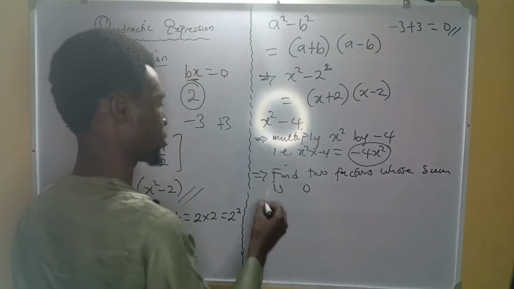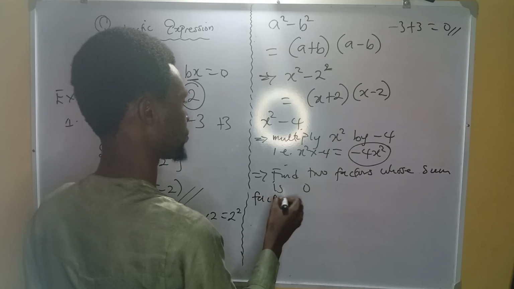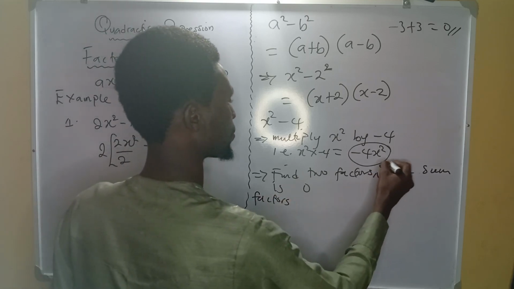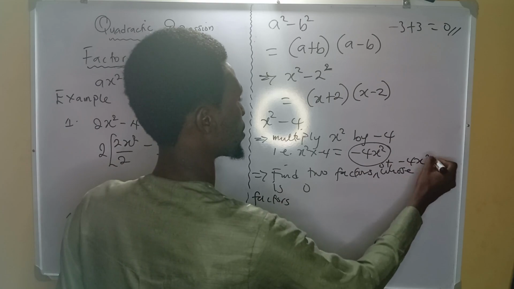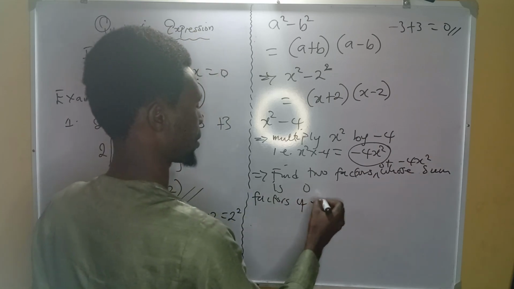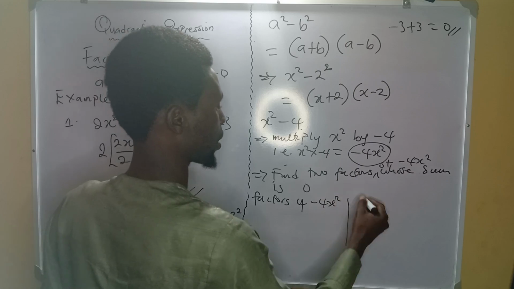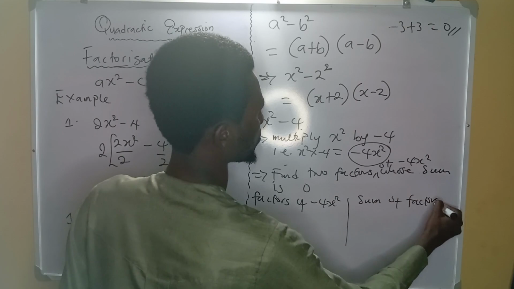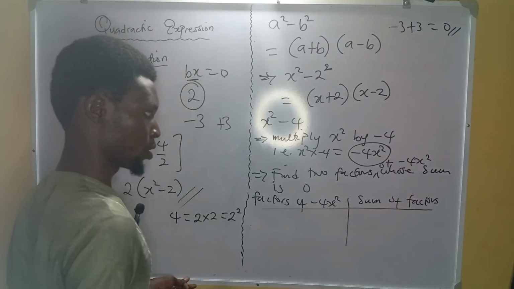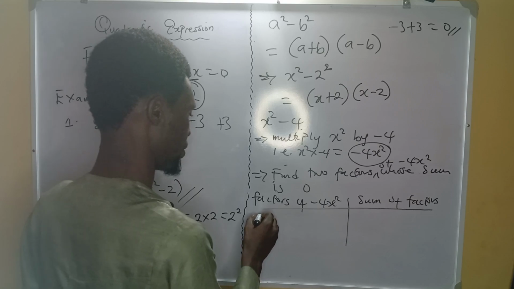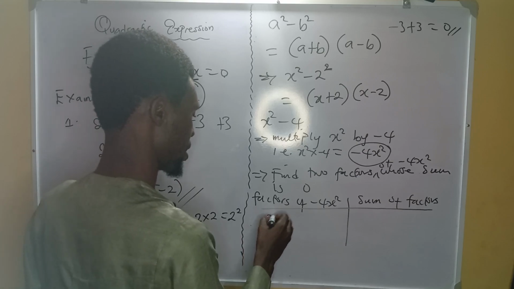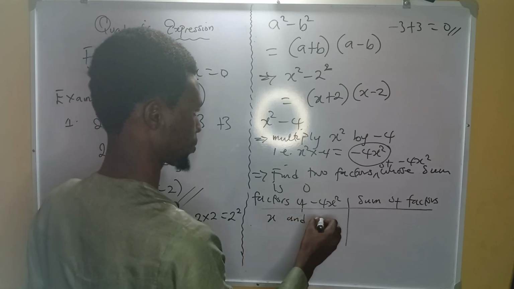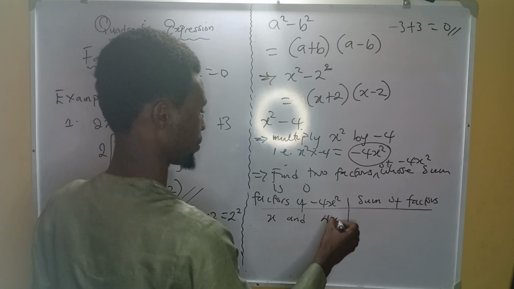So you are going to have factors of minus 4x squared, and the sum of factors. So what you will have here is, if you are taking maybe x and for x, you're